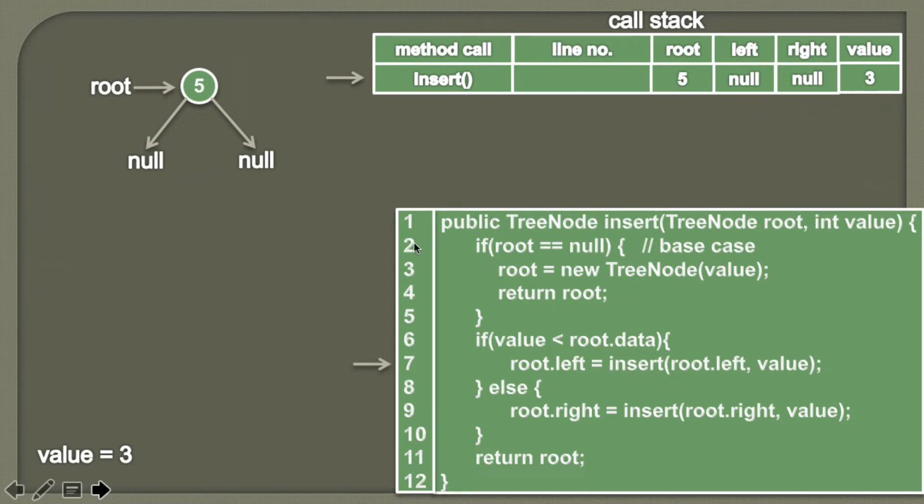So we know that we have given the line numbers here and we know that we are leaving this insert method at line number 7. So we'll simply put a value of 7 in the line number column and we'll call the insert method, and this time we'll pass root dot left as a new root. So it would look something like this,